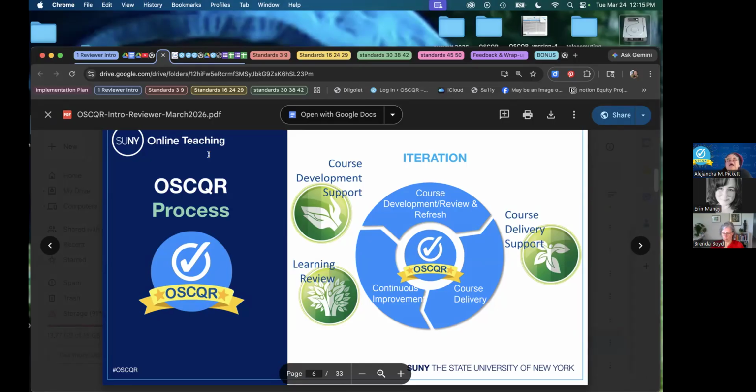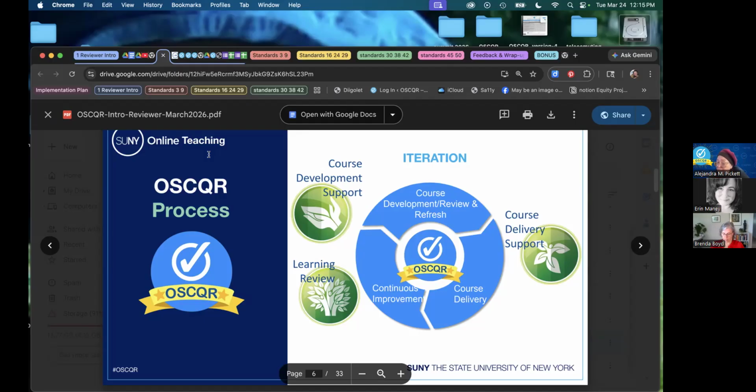In fact, we advocate and promote and recommend that the tool be used with new online faculty so that they can understand the effective practices that go into the design of an online course and build those in as they are building. In our model, the faculty build their own courses. So as they are building their first online courses, they have those standards that they are working towards as they develop their content and the structure of their courses.